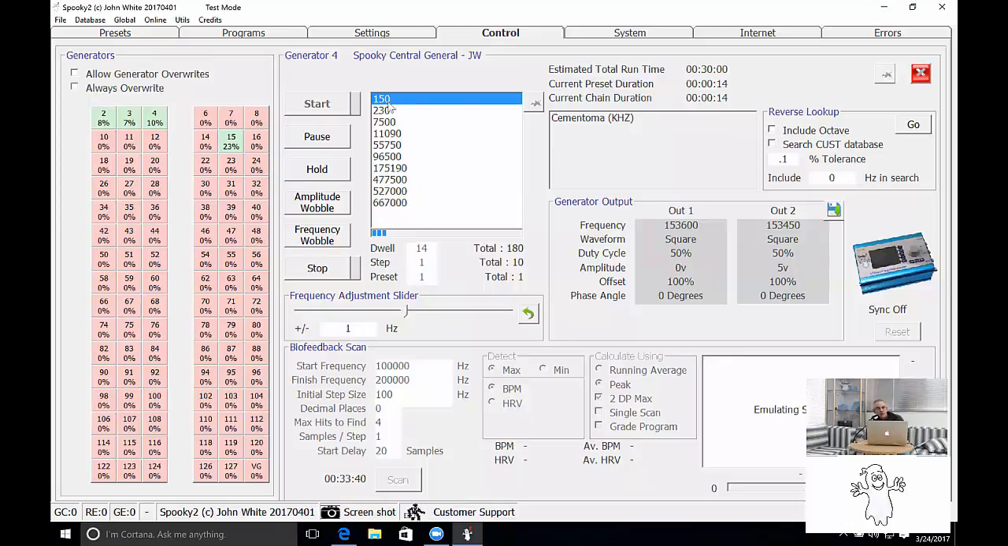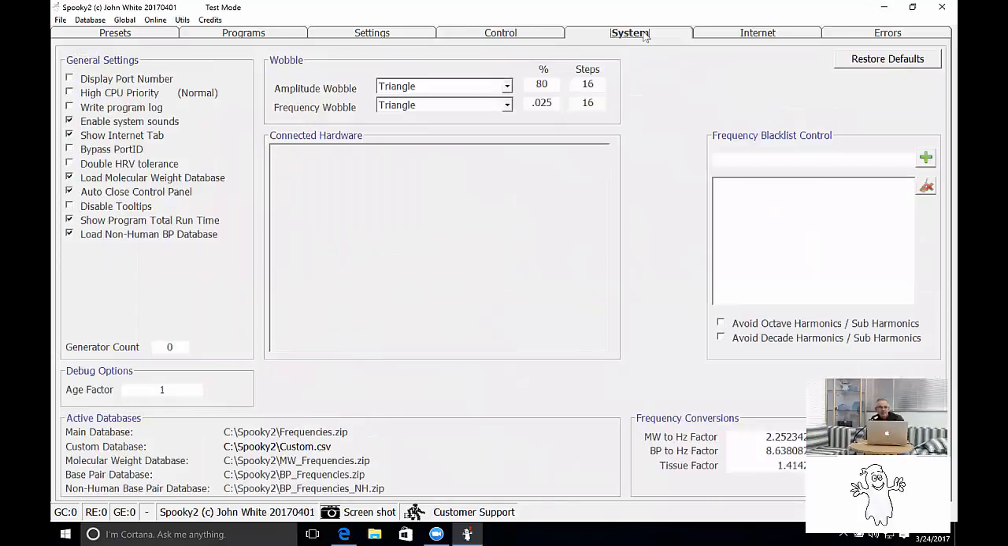You'll see the progress of the program here. The further down it is, the further it's progressed. Okay. There are other features which I'll be covering here shortly,